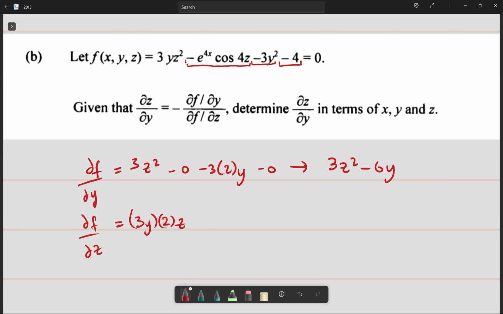This front part here is a constant when you're thinking about only z, so that becomes minus e to the 4x. Differentiate this cosine, you get minus sine 4z. Differentiate inside, I get 4. This section here has no z in it, so it's a constant, so that's minus 0. And this right here is also a constant, so that's minus 0. Final answer for this one is